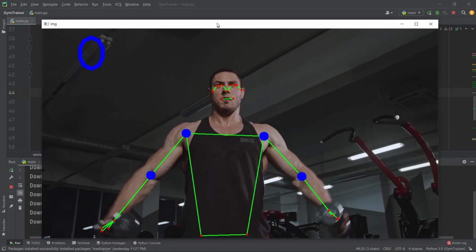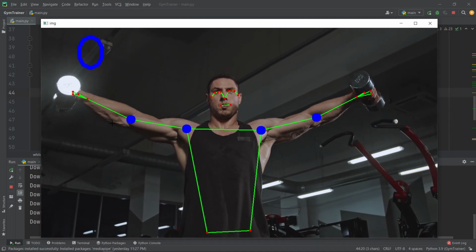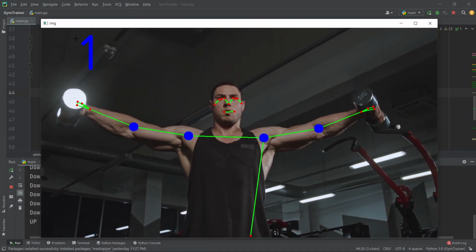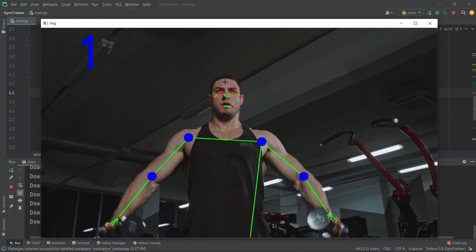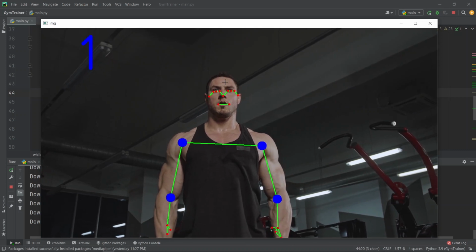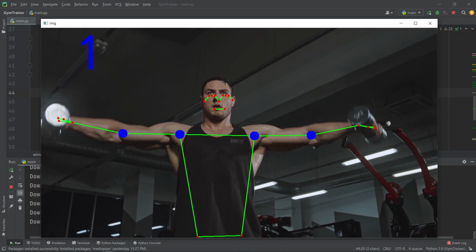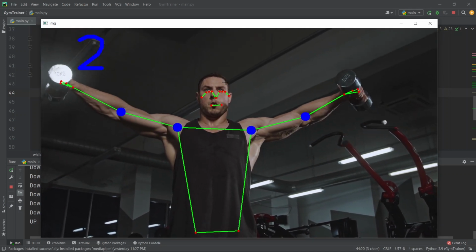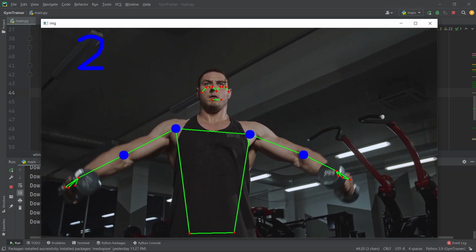So we are getting the 0, and as soon as our boy goes all the way to the top, it gets incremented to 1, and it will go on and on counting 1, 2, 3, 4, 5. So that's how you build the AI trainer. You build the exercise rep counter using the OpenCV and MediaPipe libraries. So this is again pretty much it from this video.